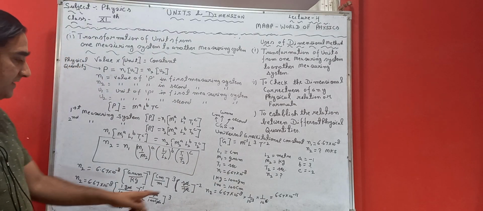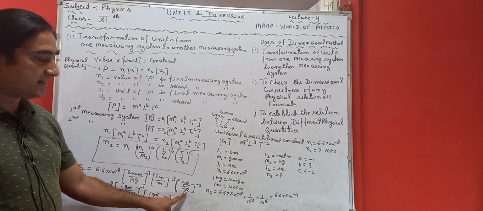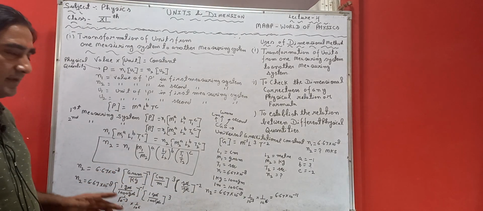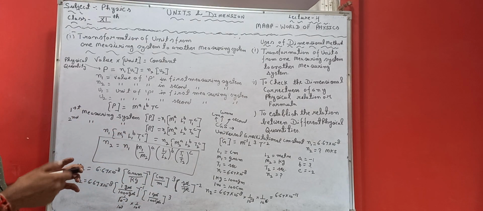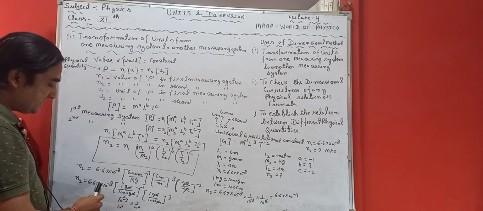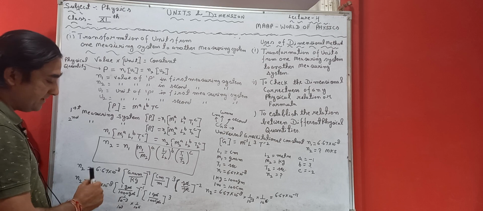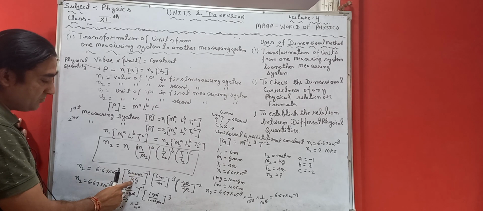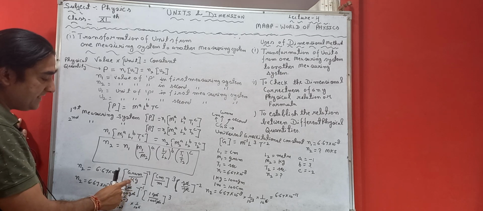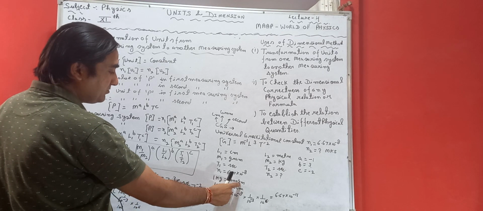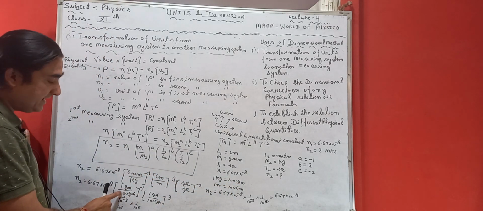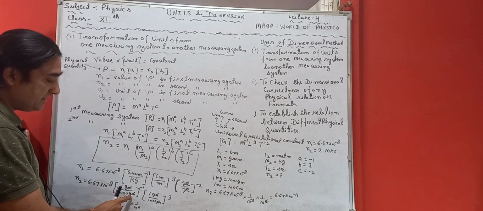So if we calculate, second cancels out with second, so it becomes 1 raised to power minus 2, which will become 1. Anything which is raised to any power, it makes it 1. So it will become 6.67 into 10 raised to power minus 8. Now we can equalize these units. I am converting kilogram into gram. So I will say 1 kilogram is equal to 1000 gram. So I can substitute here, in the place of kilogram, 1 gram upon 1000 gram.